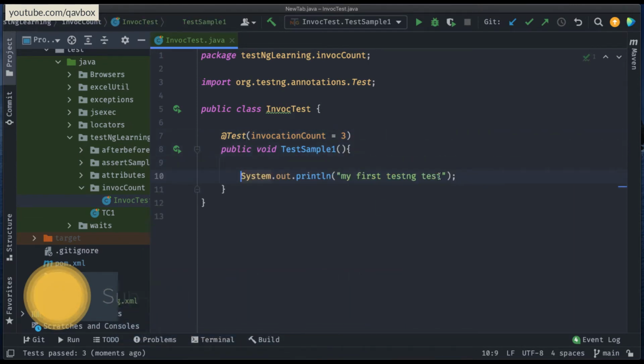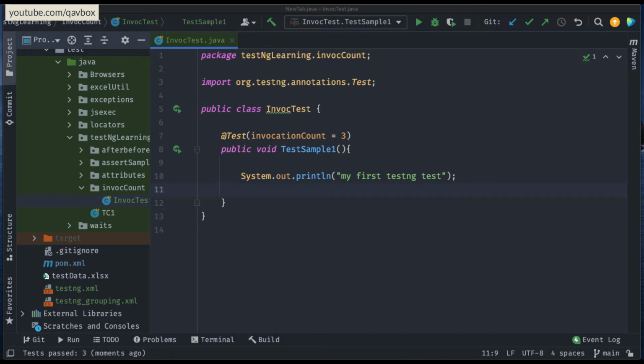I'll show you another scenario as well here. Let me just do one small thing: I will try to print the thread actually. See, every execution, I mean whatever test case or any task that we run in our machine, there will be one process or a handle. We call it a handle or process, or we can even call it a thread, right? It is an architecture concept. Now the thread will be created by the system, which will take over this task, take it to the backend in your machine, and then execute that particular task, right? Now let me try to print that.